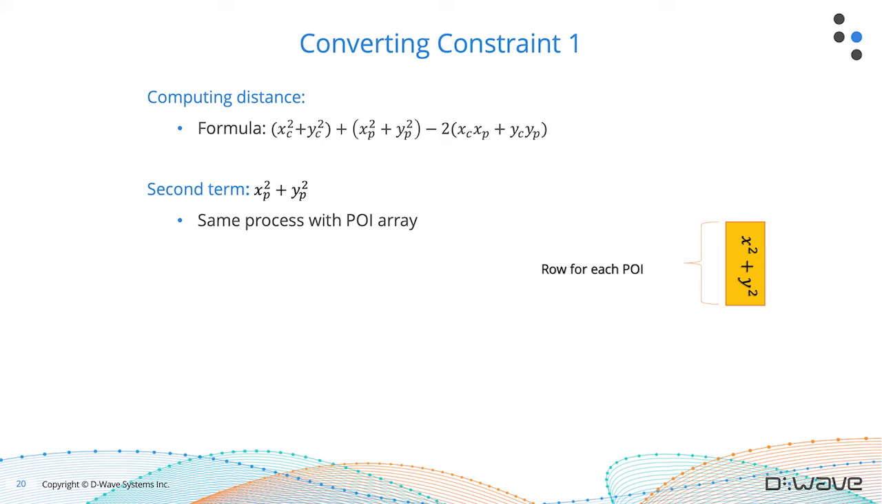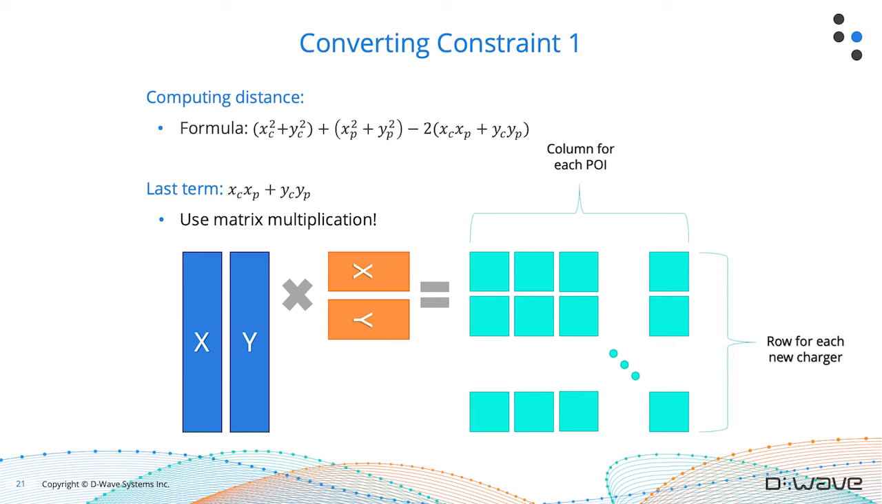Now, what about this cross term, this last term where we have -2 xcxp plus ycyp? How can I get those with these blue and orange matrices and vectors that I now have at my disposal? Well, what I can do is I can multiply these together. So if you think about your matrix multiplication, going back to a matrix multiplication where you go across